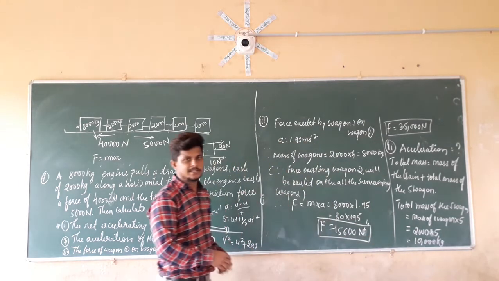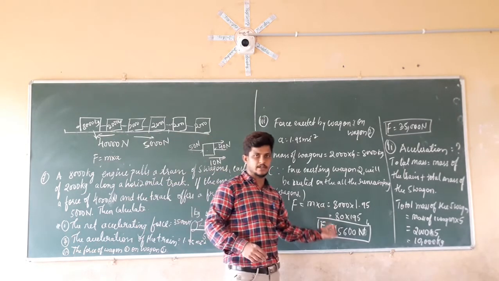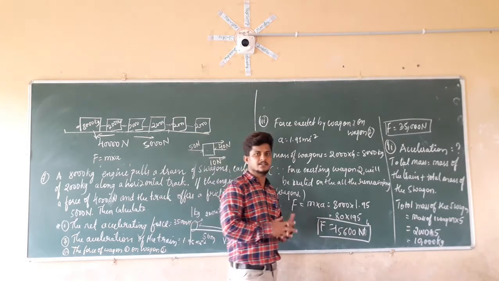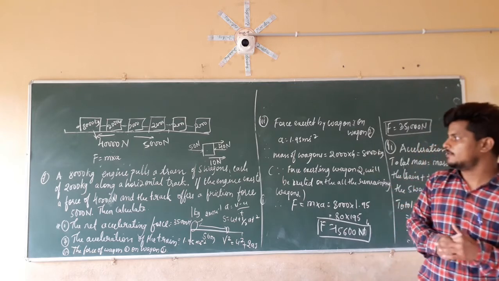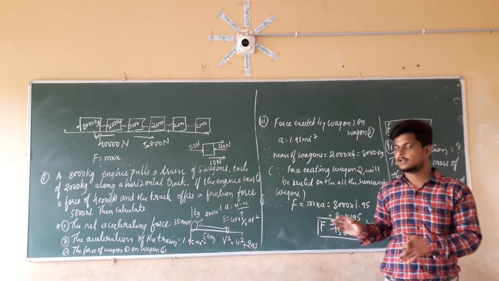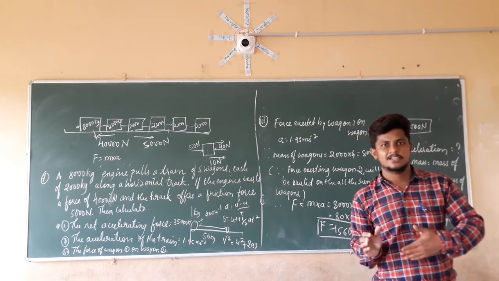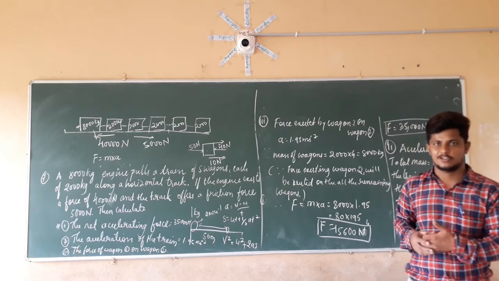At last, I have to write the conclusion: the force exerted by the vehicle 1 onto the vehicle 2 is equal to 15,600 newtons. And this is the answer for the third question. I hope this is clear about the seventh question. It is a bit tedious, a bit difficult, but it's all about the understanding. We have to analyze the question. It's all about those things, and the remaining is related to the concepts only.